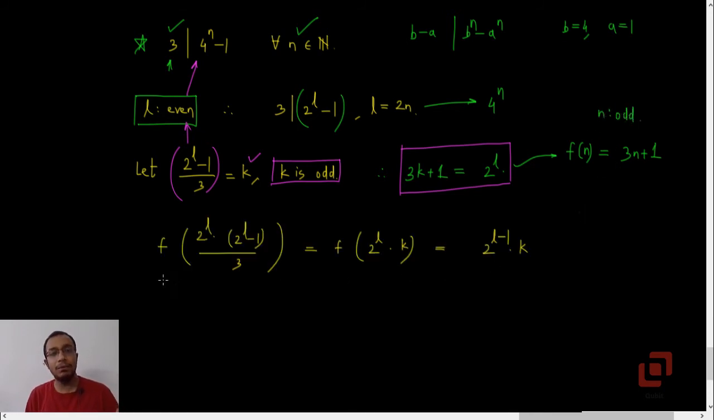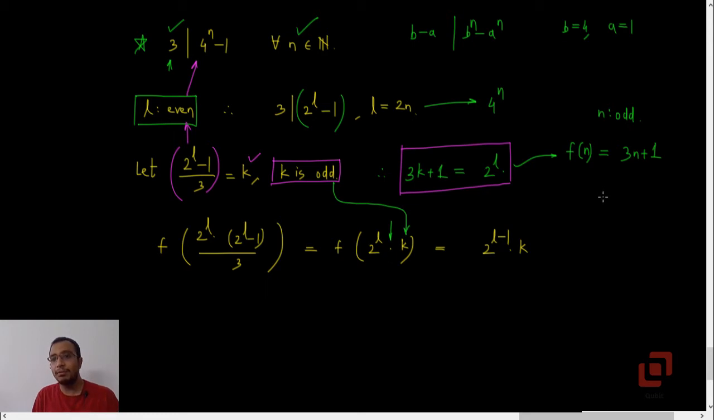Alright, now we apply the function on the given number, which is 2 raised to L into (2 raised to L minus 1) upon 3. Okay, now this is as good as applying f on 2 raised to L into k, where k is an odd number. Yes, now it really doesn't matter what k is or what parity k has, because 2 raised to L is there. It ensures that this number is always going to be an even number,